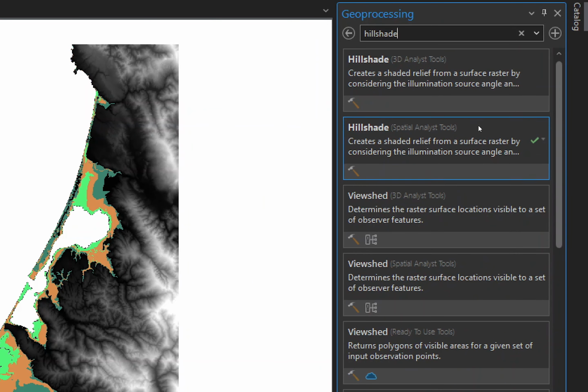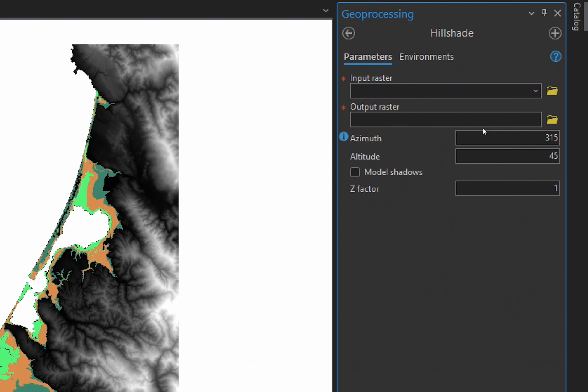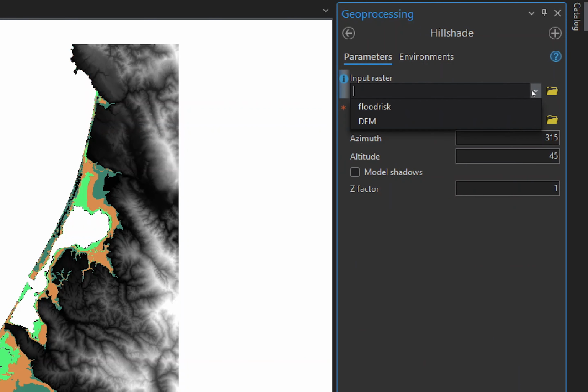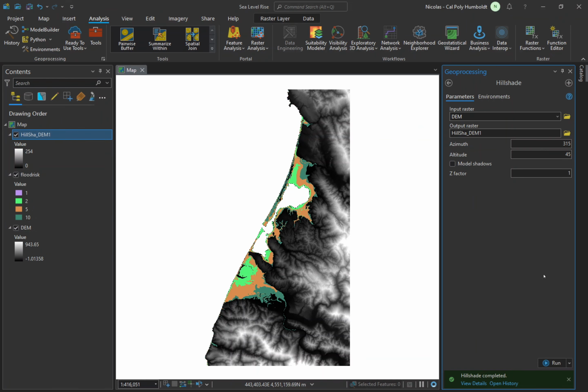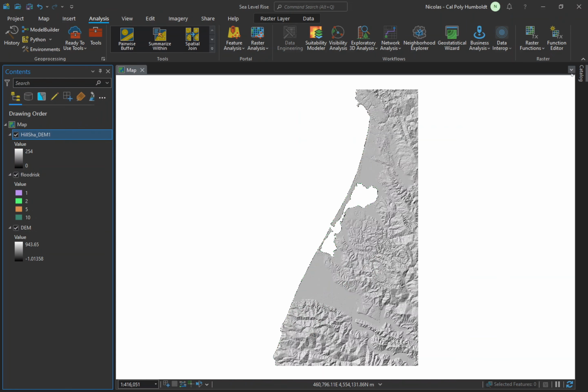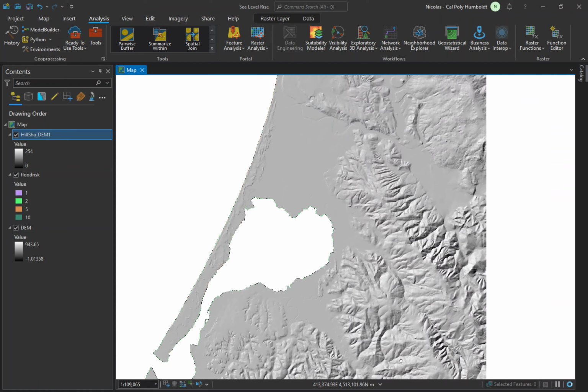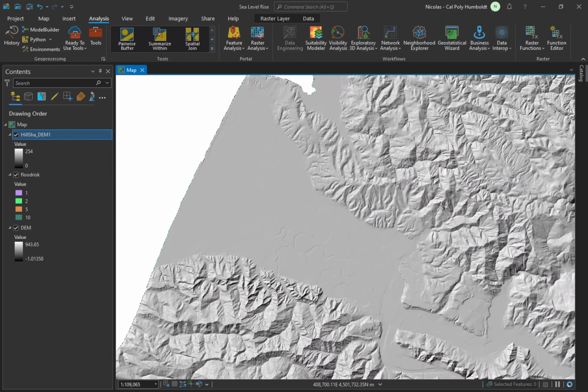box. Again, you'll see two versions. Use the one under Spatial Analyst. The input raster for a hillshade will always be a digital elevation model. Use the drop-down menu and choose the DEM as the input. You can accept the defaults for the remaining settings and run the tool. What you will get is a layer that provides a three-dimensional effect that gives the map reader a visual sense